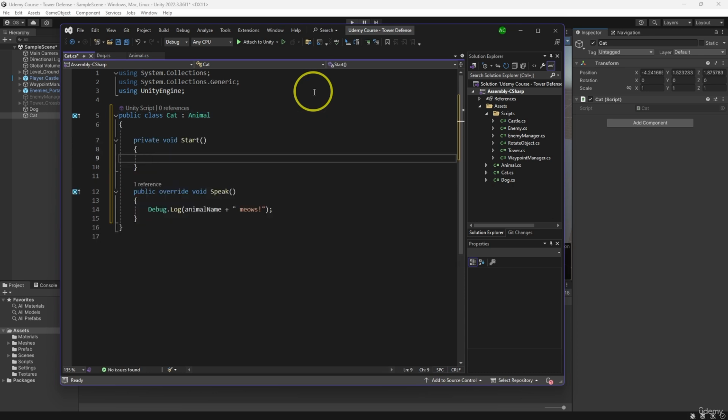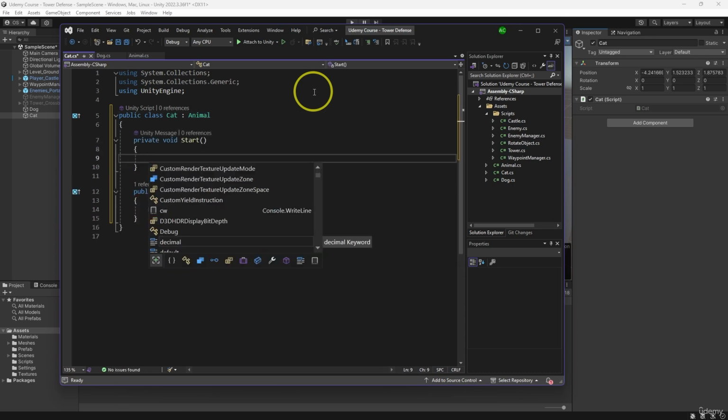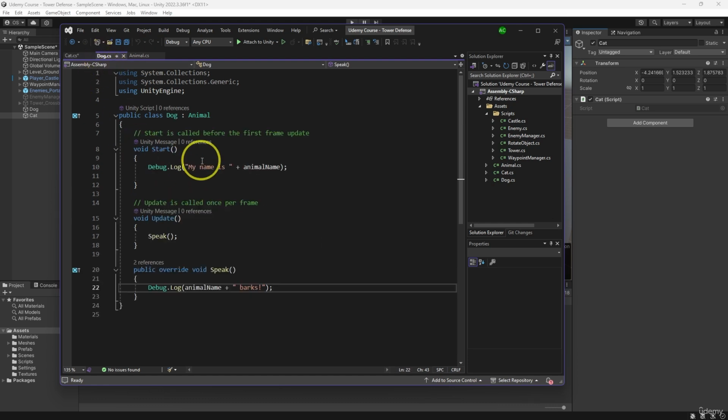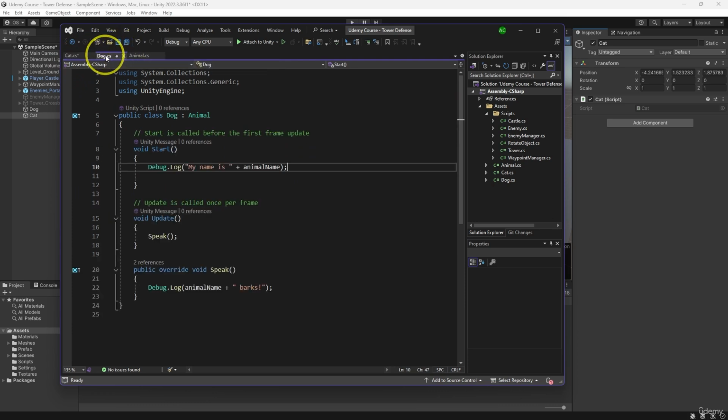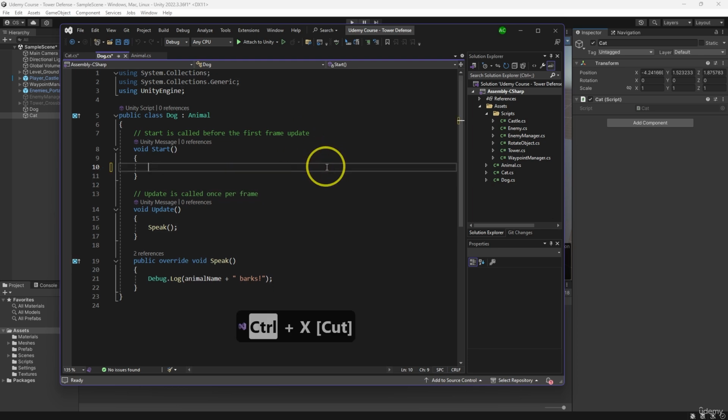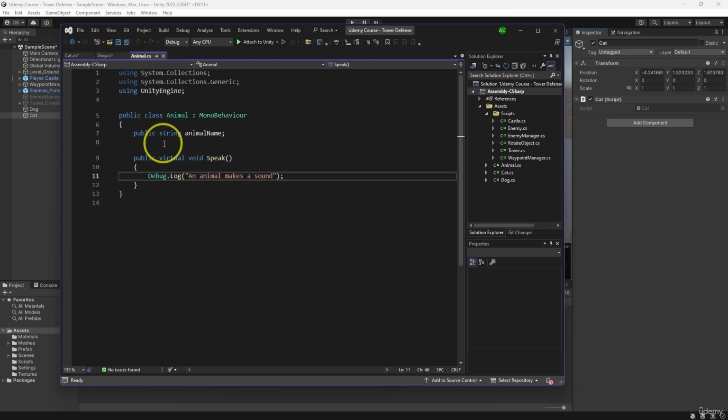Then in the start, we can do, what was that? My name is animal name. And over here, by the way, we have a good chance to use inheritance. You can see I need to copy the line of code and paste it in the cat, so it has the same functionality. And actually, that is kind of an extra job to do, because instead we could, for example, override the start method. Let's take this line of code, cut it out, go to the animal script, and we're gonna